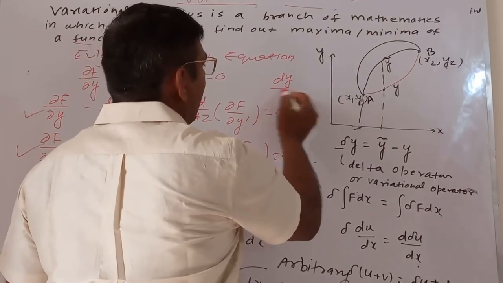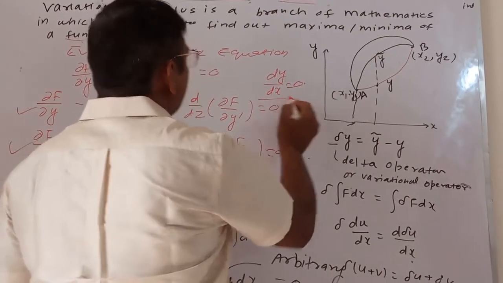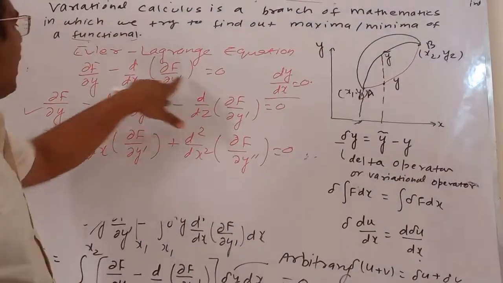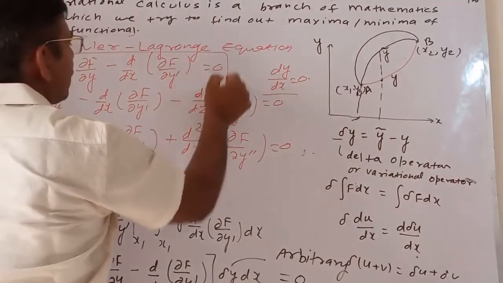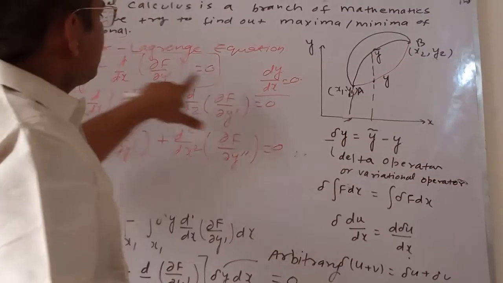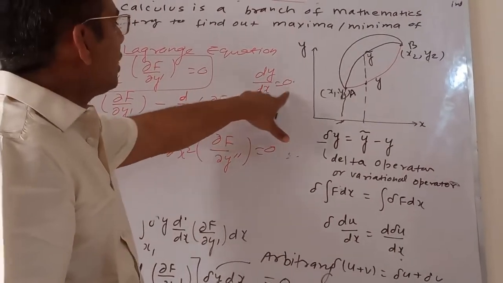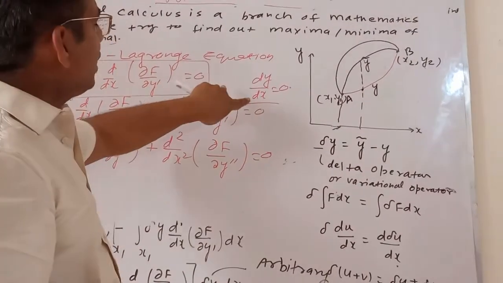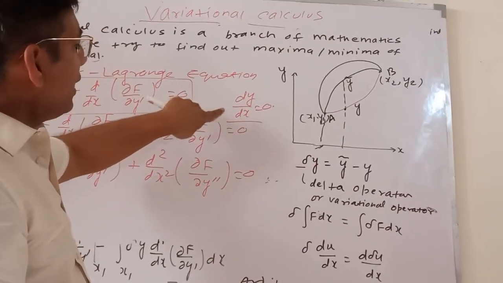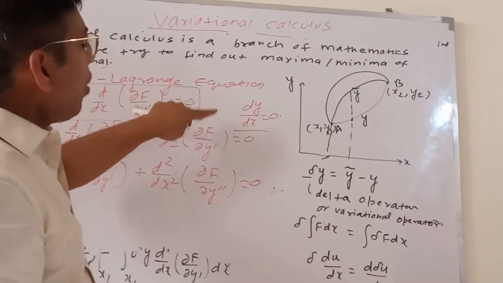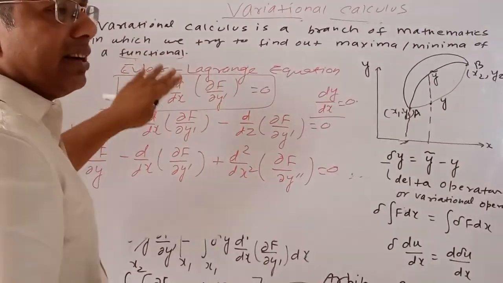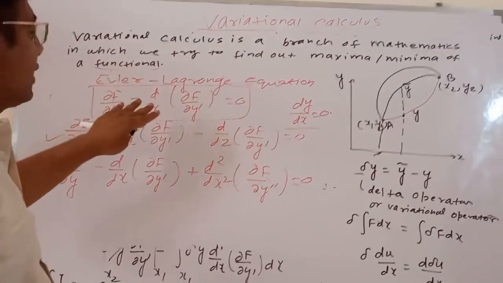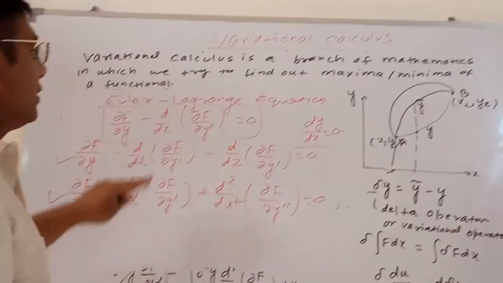It's analogous to what we have in differential calculus. We have dy by dx is equal to 0, right? In the same way, here we have this quantity. This equation is analogous to dy by dx is equal to 0. So both give us the condition for the minima or maxima. But this is just a necessary condition. It is not the sufficient condition. We have to remember it.